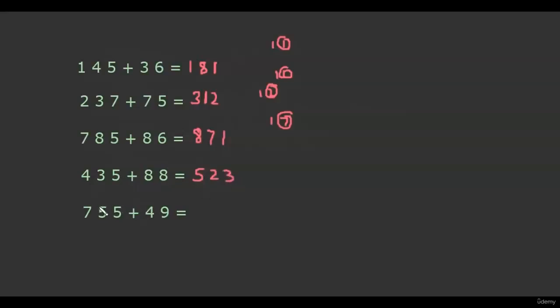In this problem, we observe that 5 plus 4 is 9 and they are non-carry numbers. But whenever we get some 9, we just look for the carry number on the right side of it. If the right side pair of the 9 is a carry number, then instead of 9 it becomes 10 and then it becomes a carry number. Now 5 plus 9 is a carry number, so 5 plus 4, 9 now becomes 10 and now it is a carry number. If it is a carry number, we have to increase 7 by 1, so it becomes 8. And because this becomes 10, so the unit number is 0. And 5 plus 9 is 14, so we write unit number 4.